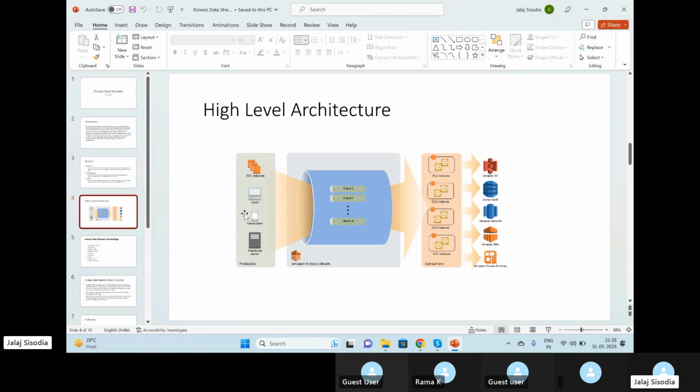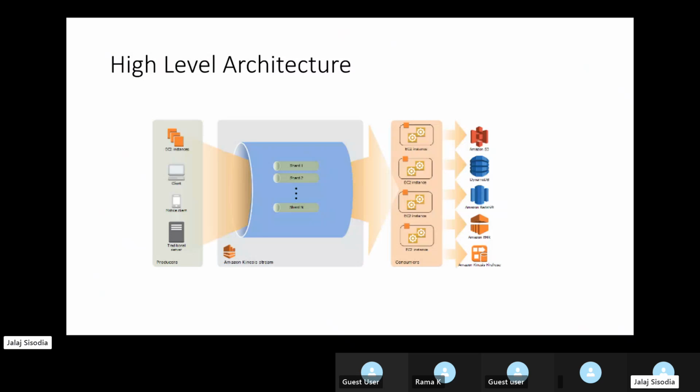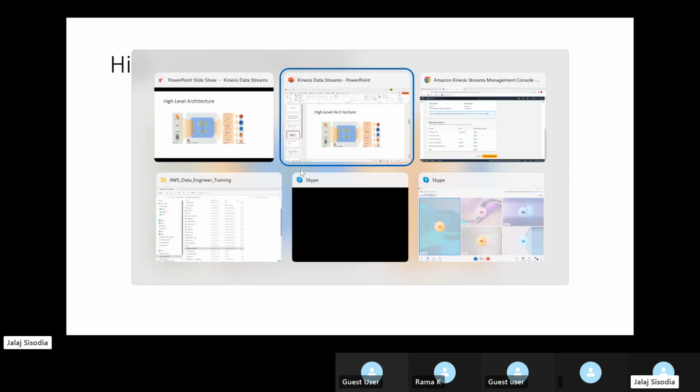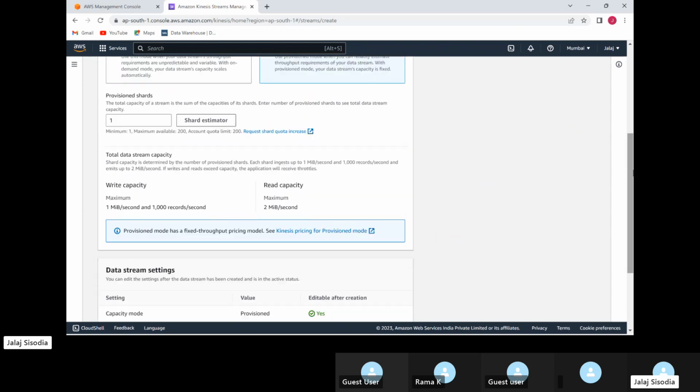As you see in this diagram, we have the Kinesis data stream, a big whole pipe, and then we have small pipes. These small pipes are called shards. You can say the capacity, the compute power that the Kinesis data stream is going to have, is defined by shards. If you come here on the Amazon page, you see right now I am using